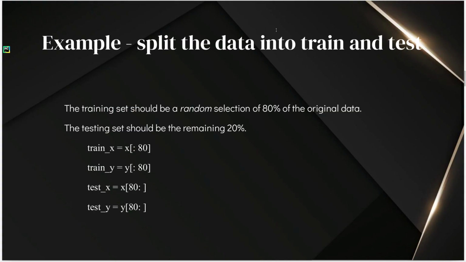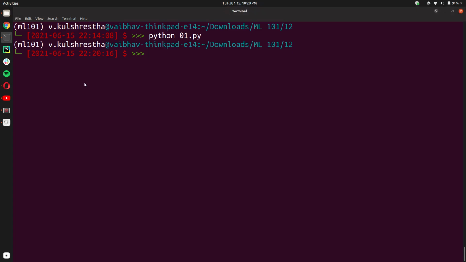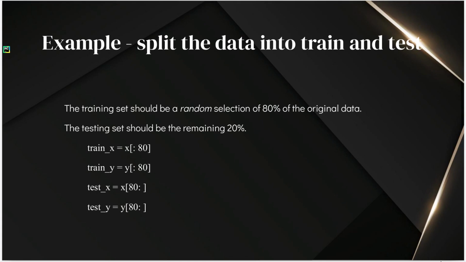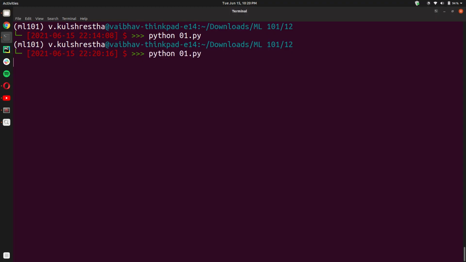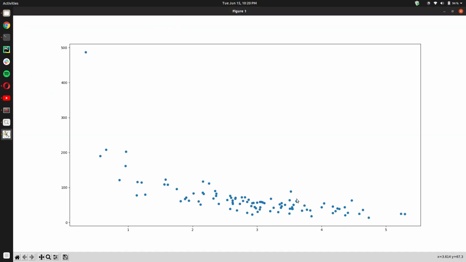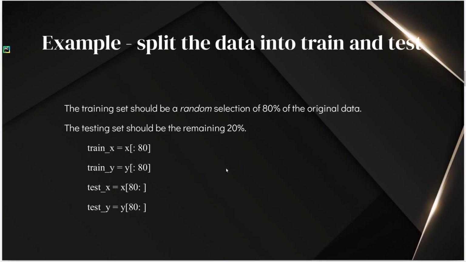Sorry, I made a slight mistake earlier. The first graph that you saw, which is this one, is the total data distribution, all 100% of the data, x-axis and y-axis. Okay, but next we split the data: 80% we keep as train, and the rest 20% we keep as test, and we do this using this indexing method.